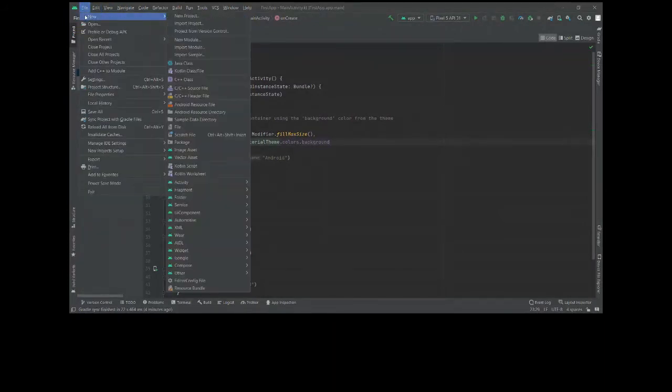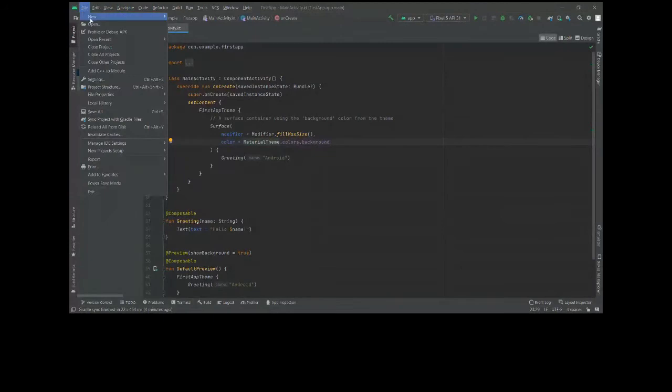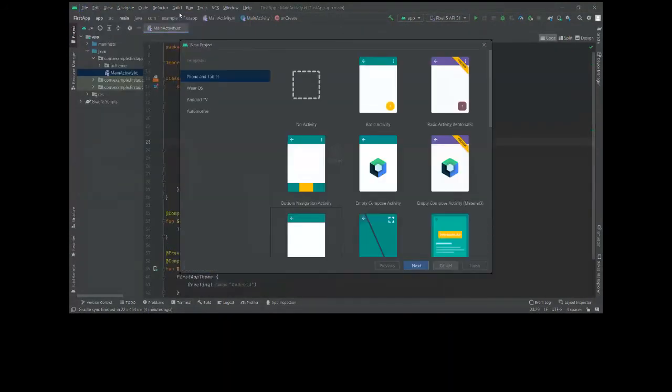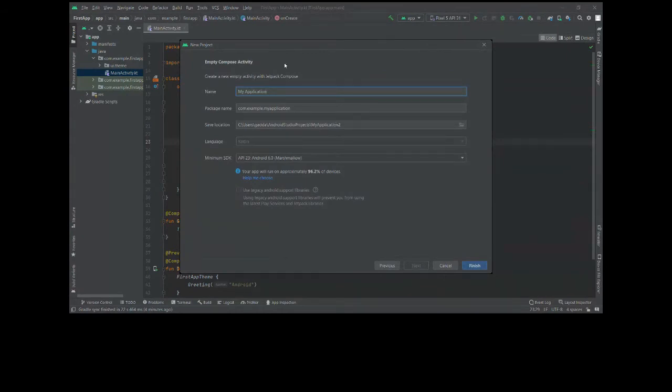Just go to new, create new project, and click on empty compose activity. Okay, click on empty compose activity and press next, and you get a view like this. Just give a random name of your choice. Just press finish. Okay, mine is already created. I want you to press finish. Okay,